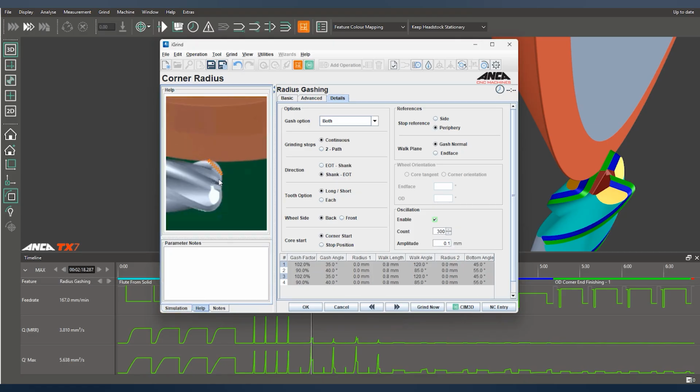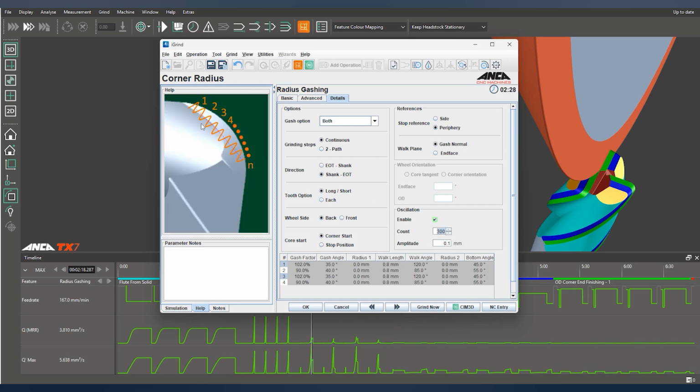Looking at the help image, you can see the count is the number of oscillations we have introduced, and the amplitude is the distance of the oscillation. So, for example, if you've got a 60-80 grit wheel, and 0.08 or something is the